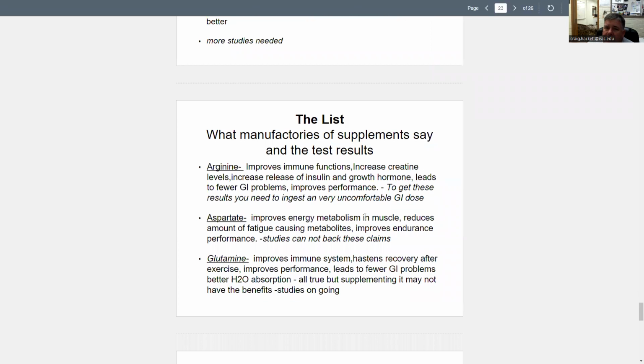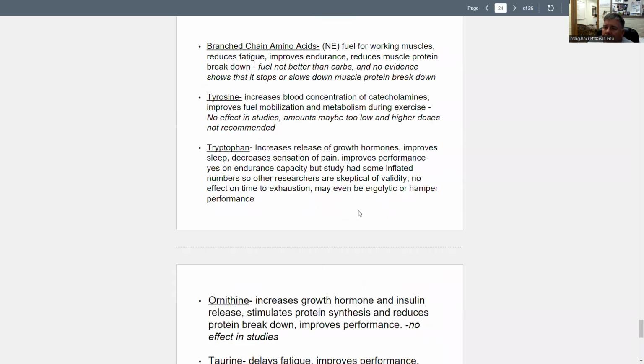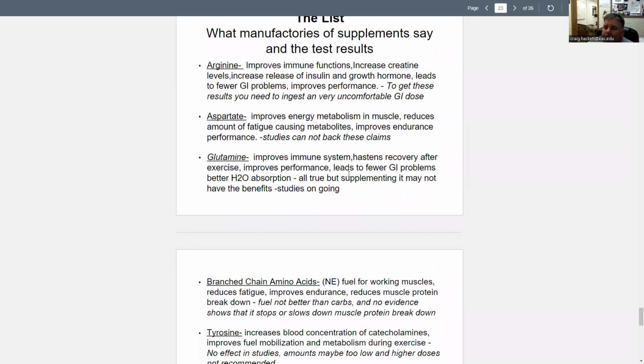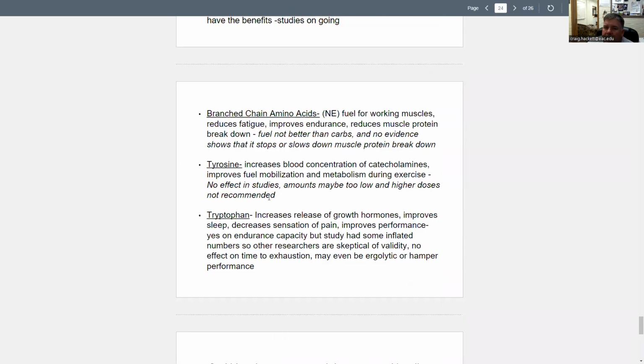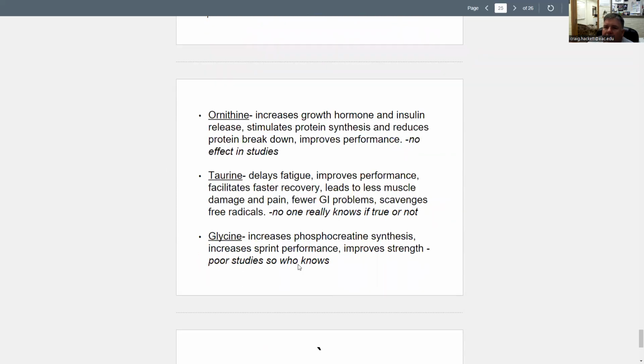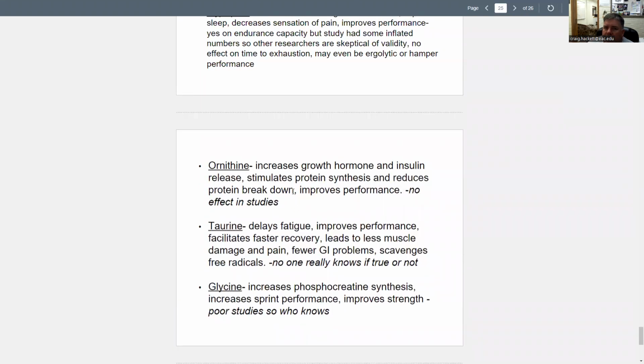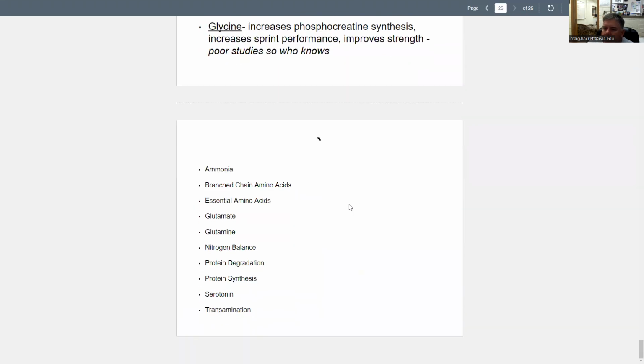So here's a list of the supplements that are out there and what people are saying they do. So we'll go over this list again when we look at supplements. So this is just a quick list. There's like 3 per page. You may need to look over this list before you take the quiz so you know where they're at. Tryptophan is kind of a popular one. We talk about tryptophan when we eat turkey, and Thanksgiving's coming up, so you might want to remember that. So just look through these and get an idea of some of the proteins that are out there and that are being used as marketing to increase the purchase of protein supplements. There they are. So here's your list.